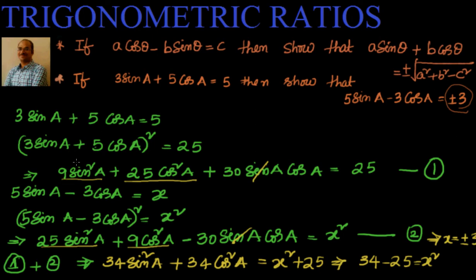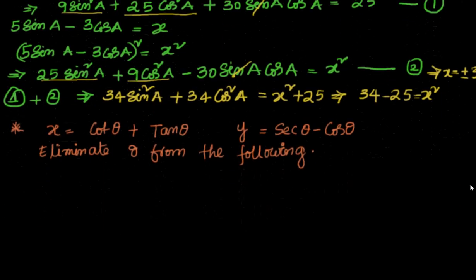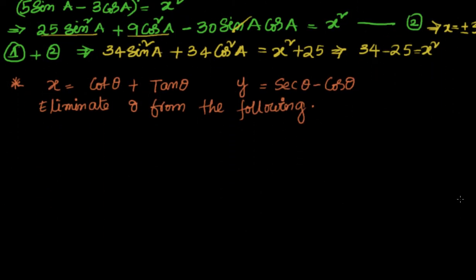Now why we have squared both of them and added them? Because when you square them, the 2ab term of the first and the second cancel out and remaining will fit into the sin square A plus cos square A trigonometric identity. That way you can find out the value easily. Let's move to the next problem. I hope it's clear to you.